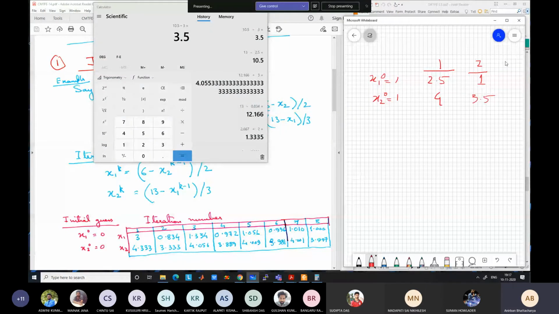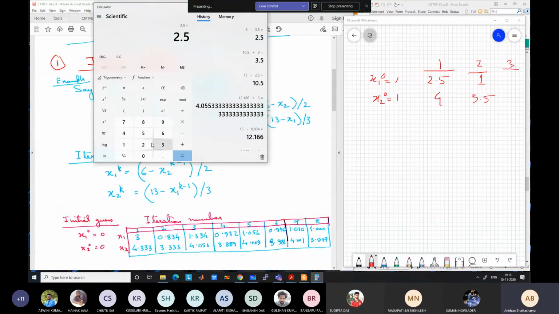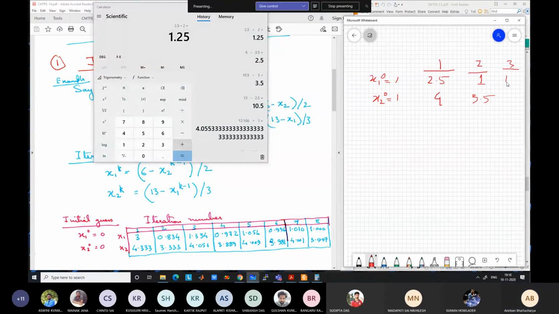So the third iteration, again we will deviate from the actual value. So 6 minus 3.5 divided by 2, which is equal to 1.25. And this will be 4. But this value is gradually decreasing. So you will be coming nearer and nearer to the correct value, and ultimately you will get converged values. Because now it has become 1.25. Previously it was diverting, going to a more wrong value. Now it will be a more correct value.